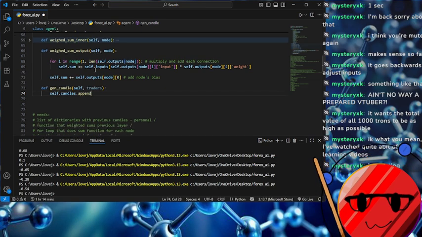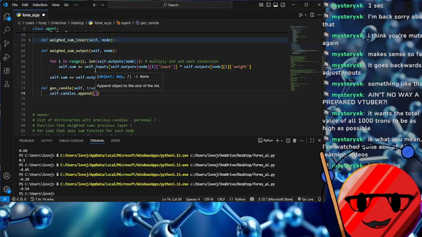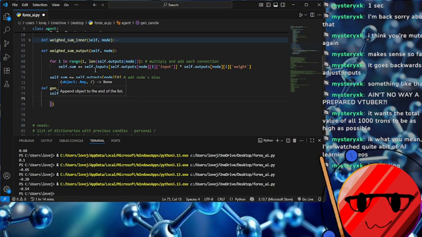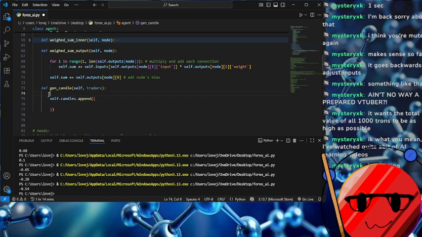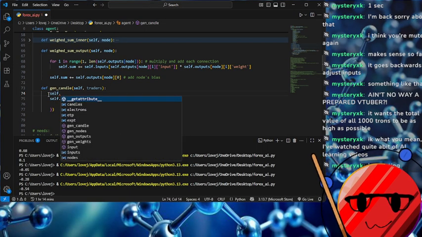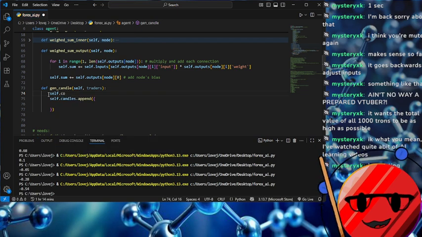So you append it with a dictionary containing, and then oh no. That means we need to do... What am I thinking? I guess we can do self dot, we'll call it CO for candle open